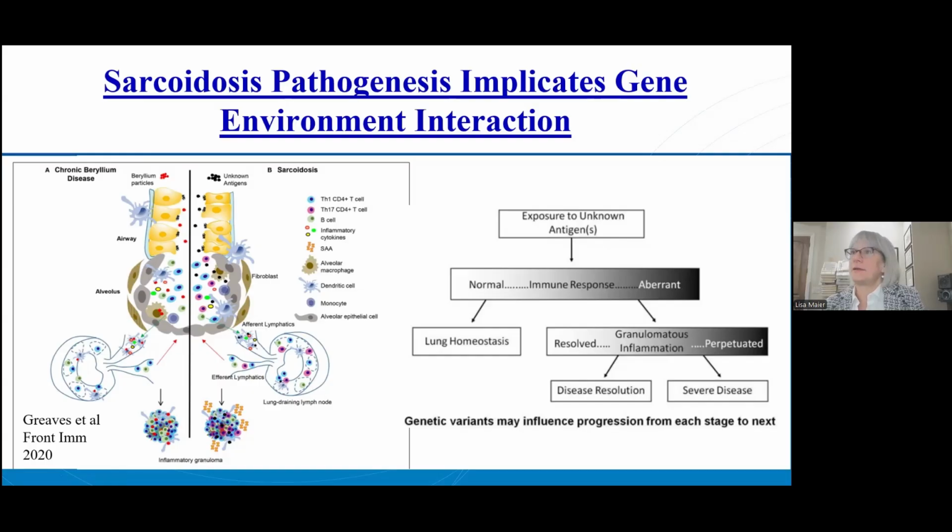And we know that there are a lot of similarities, and that really what we understand about the immune response in sarcoidosis indicates that there is an exposure or likely exposures that are triggering this response. There is some exposure and likely antigen presenting cells, whether they're epithelial cells, something we're looking at even in beryllium to this date, or other cells like T cells and B cells, macrophages, monocytes, dendritic cells that are then presenting an antigen of some form to T cells and/or B cells, and then start this immune response that